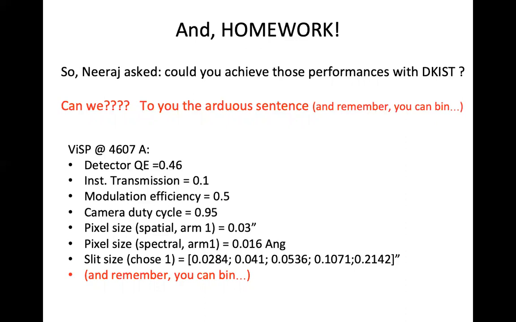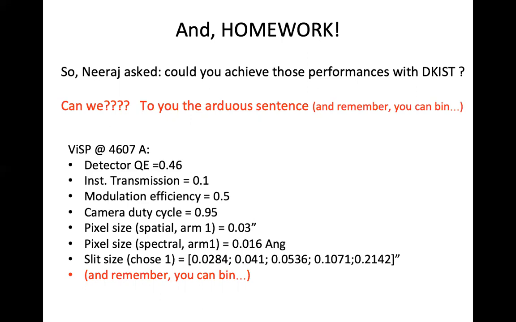You know, how well the camera, oh, okay, why the VIS? Because it's the only instrument that works at those wavelengths that does polarimetry. All the others work further in the red. So the camera, how well it works. The instrument transmission at that wavelength. The modulation efficiency, because you've seen all the lectures on that. Camera duty cycle means how much of my time am I acquiring versus how much do I spend in overhead and other things. The pixel size,